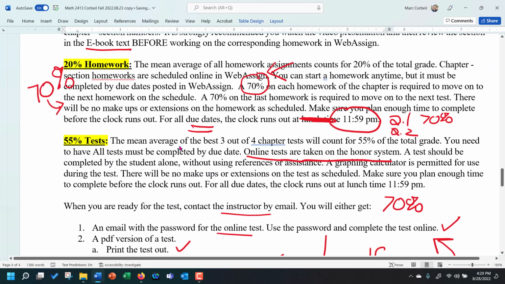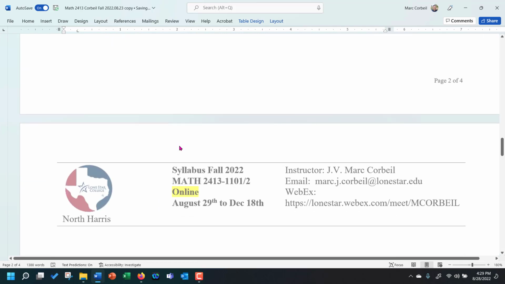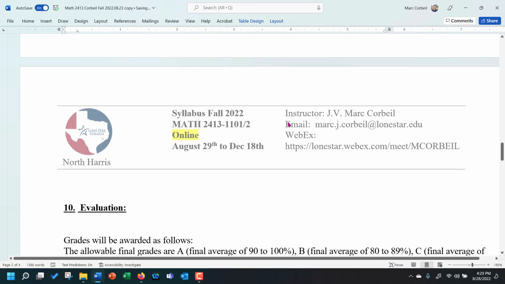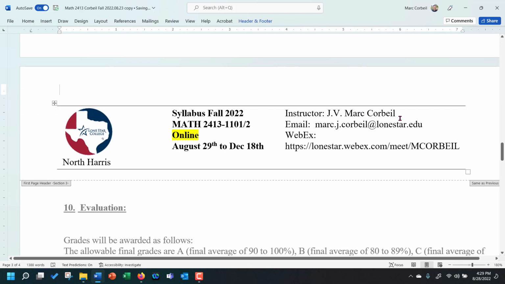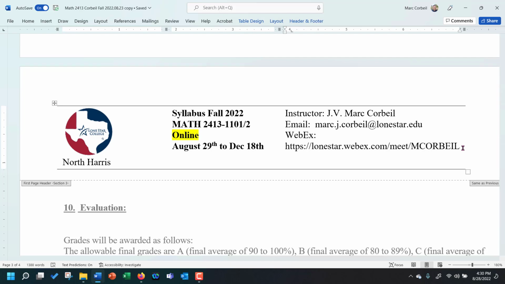My contact information, though, is pretty simple. It's right at the top of the syllabus, right here, instructor, my name, spelled Corbeil. This is my email, very easy to find, and my WebEx. You might want to note that down as well. That's probably the best way to contact me, is just sending me an email. And if you need to discuss something a little more complicated or longer, just pop me a WebEx message, an email or request, and we can set a WebEx time when I'm available, sometimes in the day, but mostly in the evening. But I can adjust that sort of thing.